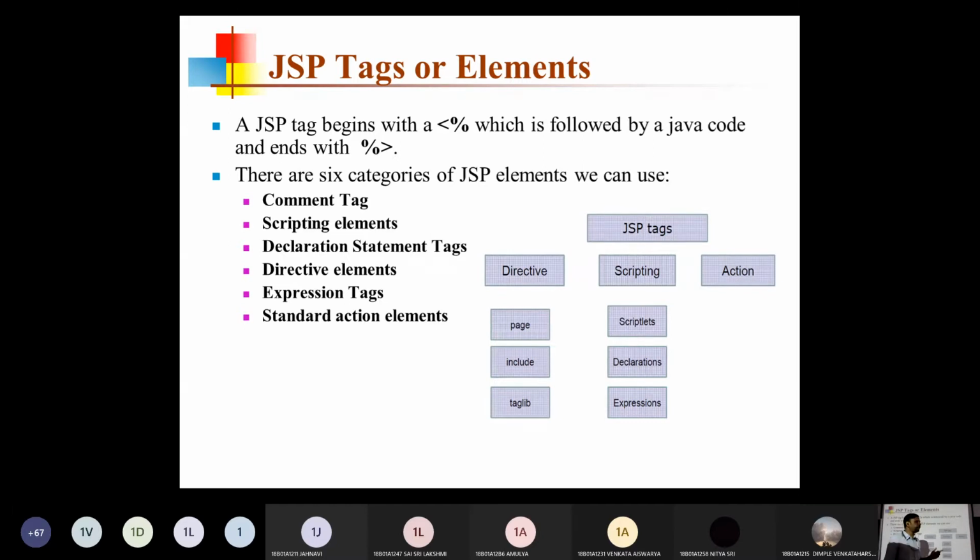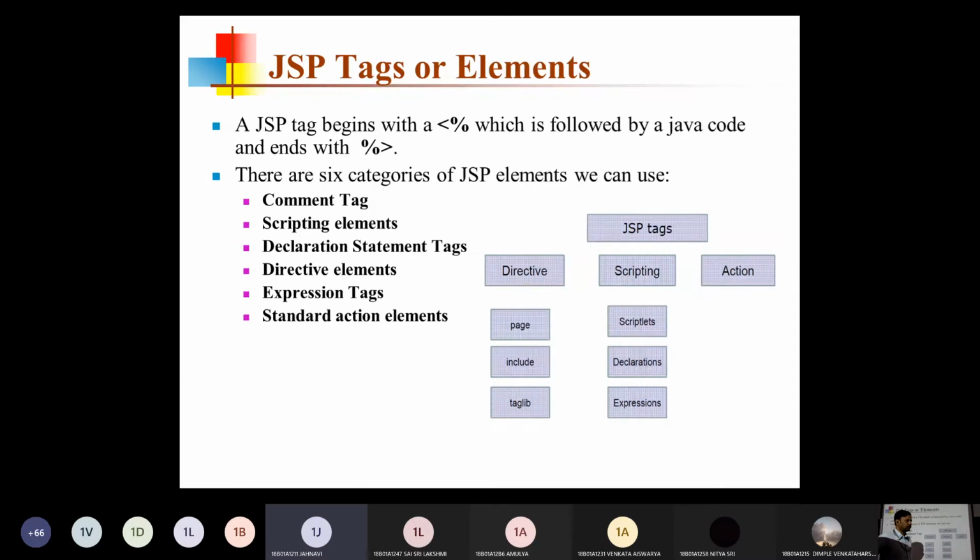Generally the HTML tags start with only angle bracket and end with angle bracket, but JSP is angle bracket, percentage, percentage, angle bracket. Inside the enclosing area, we write anything related to Java or JSP. Understood the point? How are PHP tags to be started? Angle bracket and closed with an angle bracket.